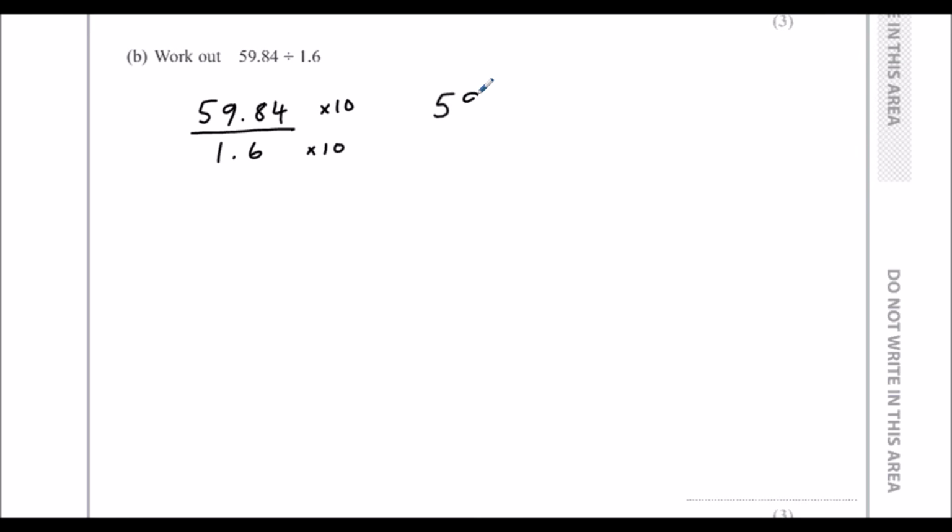So 598.4 divided by 16. Now these are equivalent fractions. They're exactly the same. So if I divide 598.4 by 16, that's the same answer as dividing 59.84 by 1.6. They're identical. So I won't have to do anything to the answer this time. And I'm going to use the bus stop, the long division or short division method. So 16 into